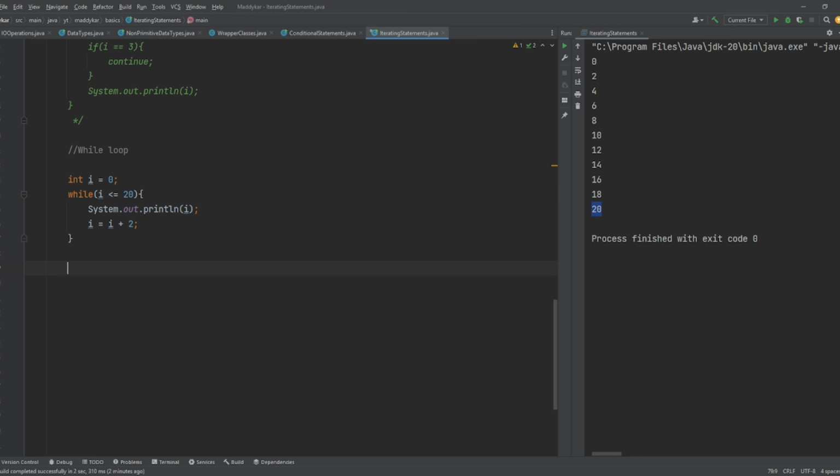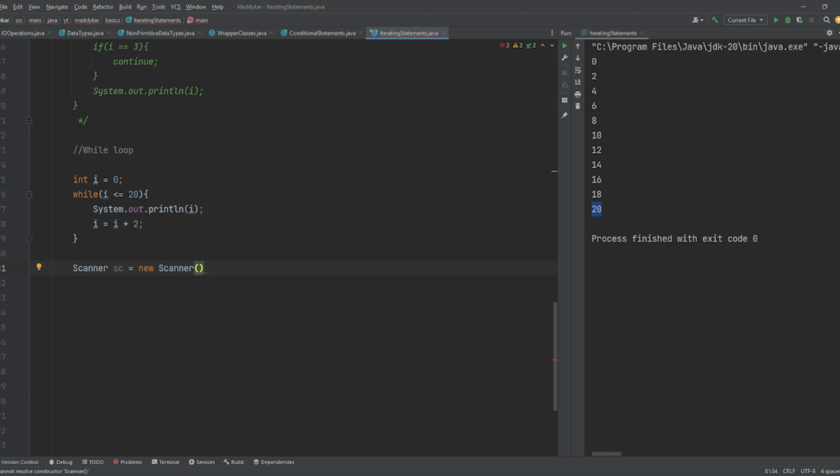Let us take another example where we want to read the input from the user until they manually type exit. Let us try to do that. We have already seen a scanner class, what is scanner, how we can take an input from the user, all those things. We have already made a video. System.in. String, a variable to store the command from the user. I'll declare it empty. While the command is not equal to exit,